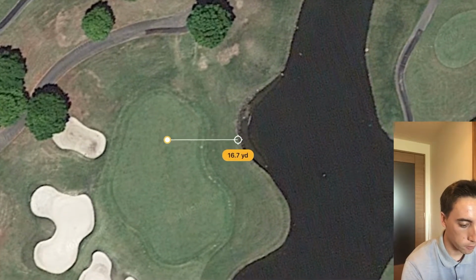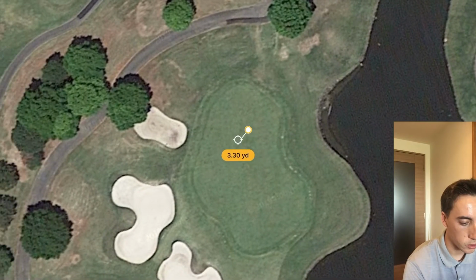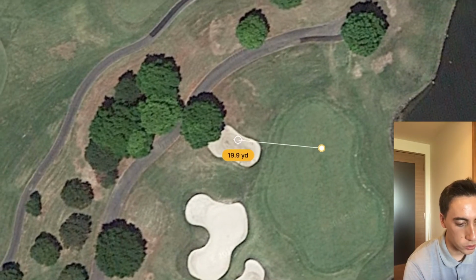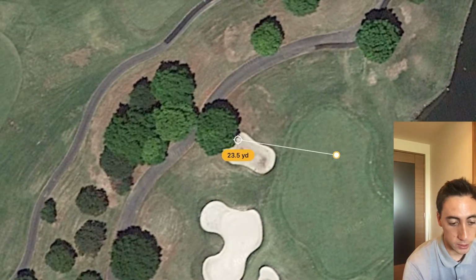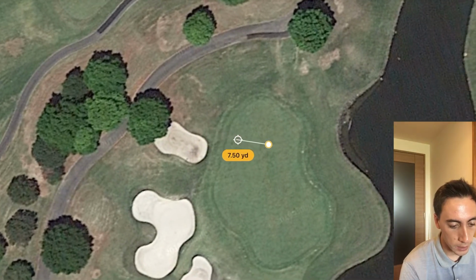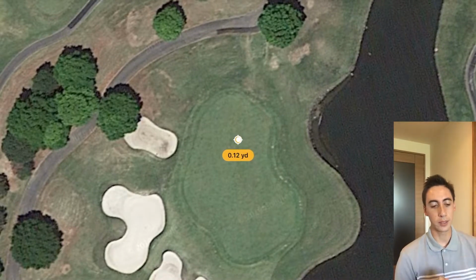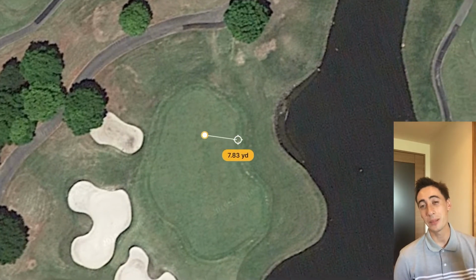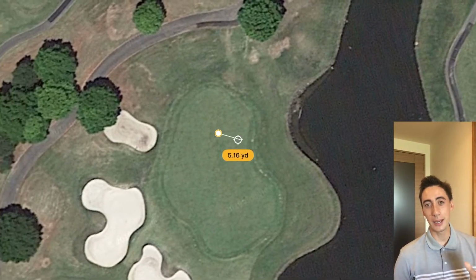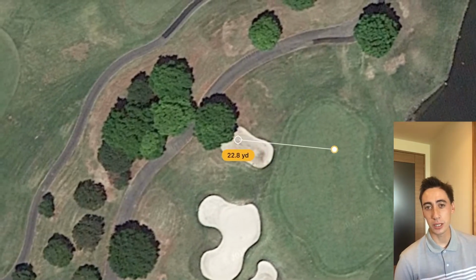Let's find how far it is to the bunker on the left. The bunker on the left is right around 12.8 yards, and then the tree line is right around 22.1 yards, basically left to get into the trouble. Cool, so that gives us our grid of what I call playable range. If you're in the trees, it's playable technically, it's definitely better than the water, but it's really not playable in terms of, playable just means